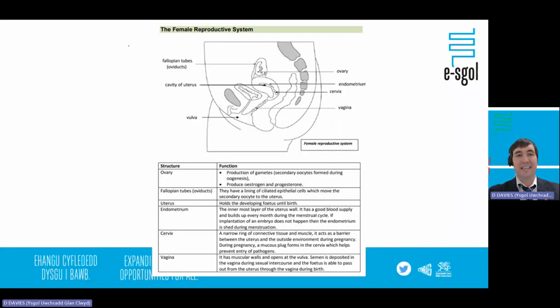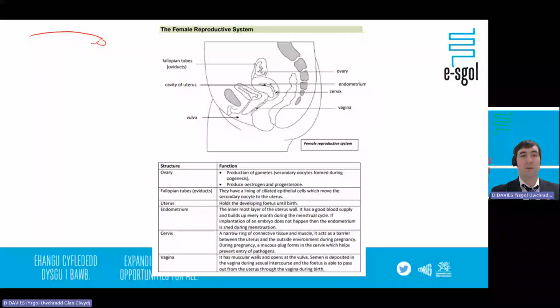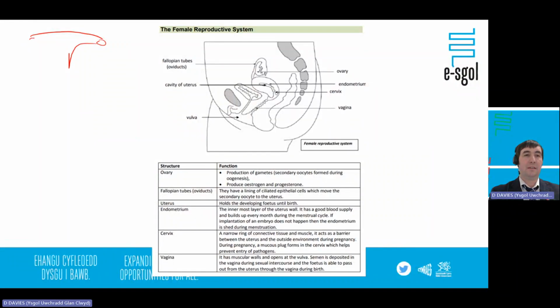Now you've probably seen a picture of the female reproductive system that looks a bit like this. So you've got two ovaries here, and then you've got the fallopian tubes leading to the uterus. And then you've got the cervix that then leads into the vagina. The vulva and the labia are going to be the external parts of the reproductive system. That's a strange diagram. It's a side-on diagram, but you need to be able to